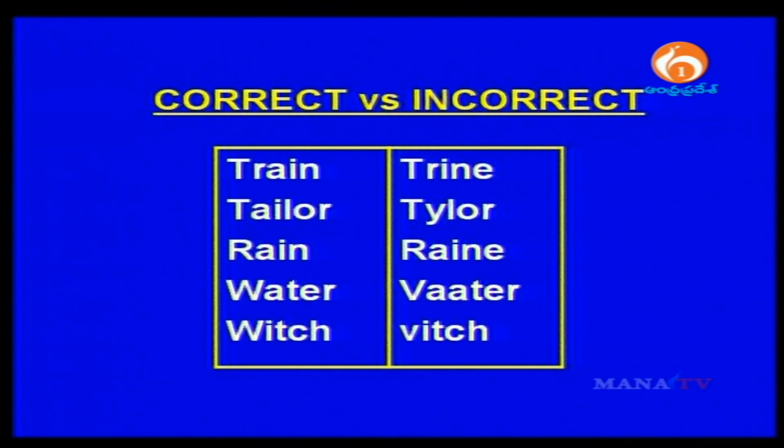Similarly, you're trying to tell someone that you're going to the tailor, but then you say Tyler. You don't know whether you're mentioning someone's name or someone's profession. Similarly, you're saying you're unable to go somewhere because of the rain, but you say Raine or Reinu. They would get confused whether you're referring to somebody or something. Similarly, as I mentioned earlier, water can sound as water. See, one is it can confuse the other people. The other danger, my dear friends, is